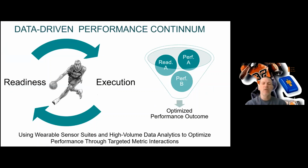We focus and we function and operate within what I would call our data-driven performance continuum. And this is where I feel there are tremendous opportunities in any space of performance, where we're looking not just at the execution of performance, but also at performance readiness. What I mean by that is, if you think about an NFL or a basketball player or a Major League Baseball player, they execute a task at a certain time. And that's ultimately what we're interested in, optimal execution. But optimal execution isn't just about that moment in time. It's also all of the readiness factors that go into setting them up to have that optimal